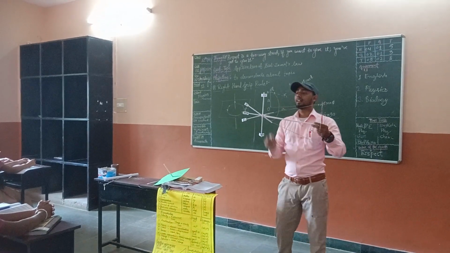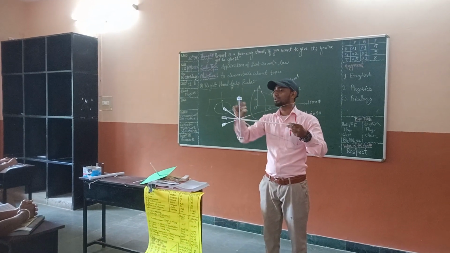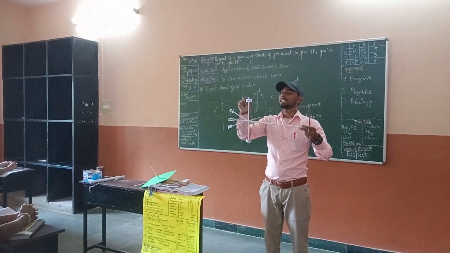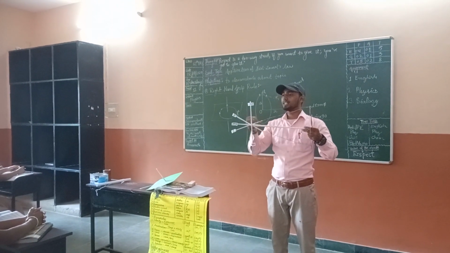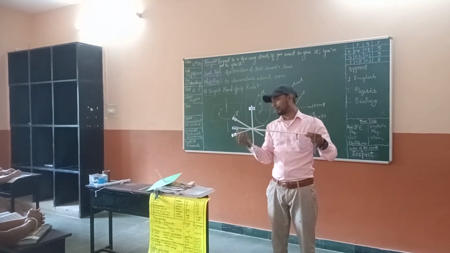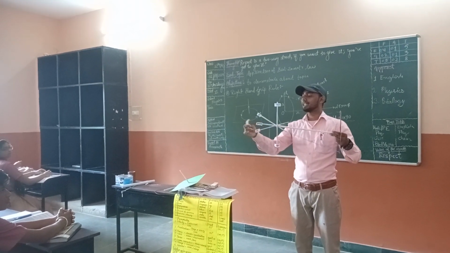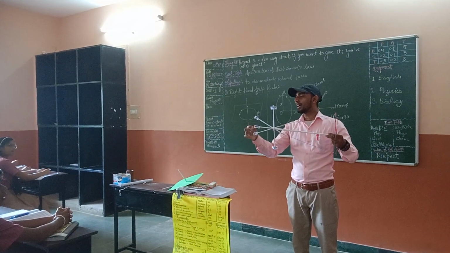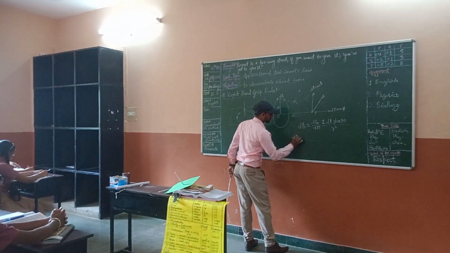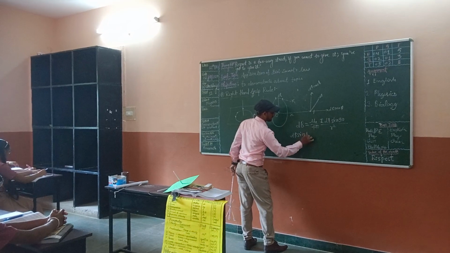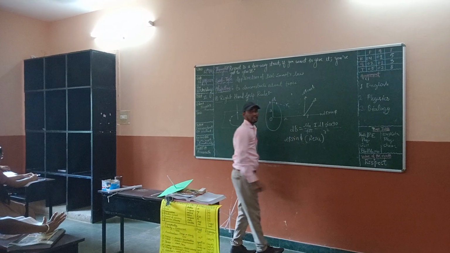Right now, look here. This dB cos phi and this dB cos phi are both the same in magnitude. But the direction of this one is upside, and this is downside. So the magnitude is the same, but the directions are opposite. That's why both will cancel each other. And we have just the resultant, which is dB sin phi and dB sin phi. So we can say the resultant is dB sin phi. This is the resultant.